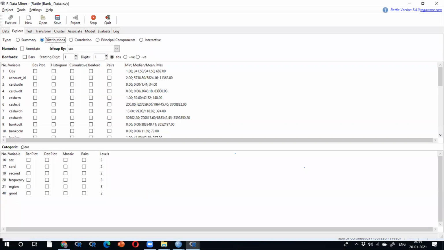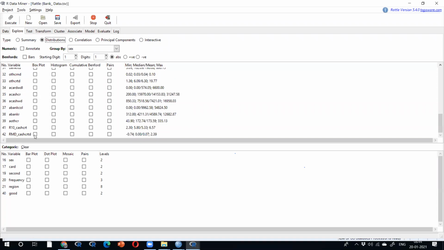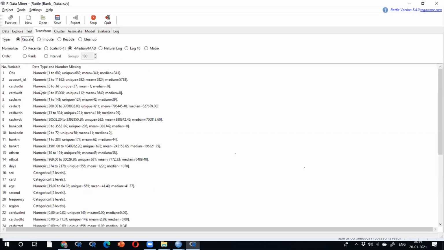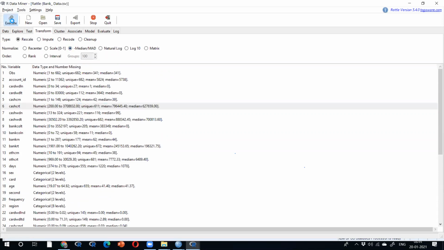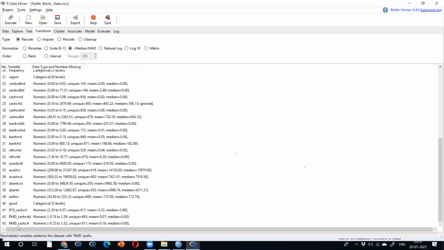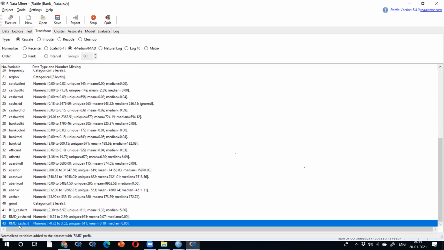Again, go to the distribution. CRT, 6. Cash credit, median, execute. Yes, it is there. One is the log 10 method, another one is the median method, another one is the original variable.